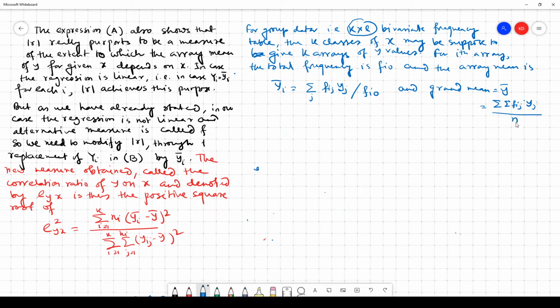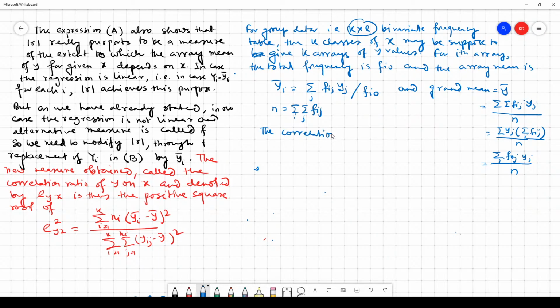yj by small n is a total frequency. And here we see that yj, sum over i of fij by n, is equal to the sum over f naught j yj divided by small n, so this is equal to the grand mean y bar. Therefore in that situation the